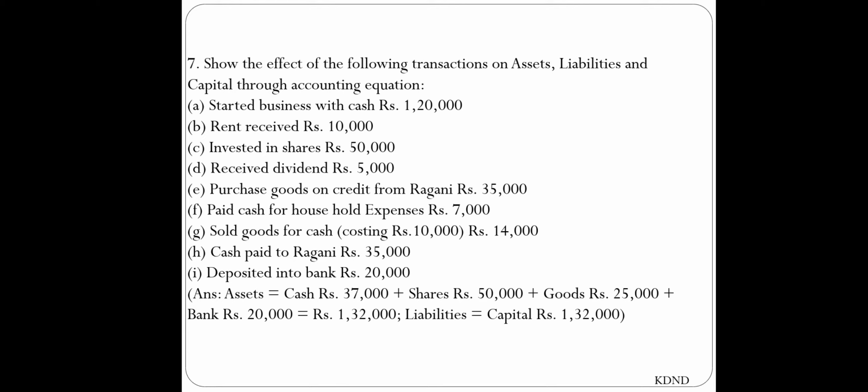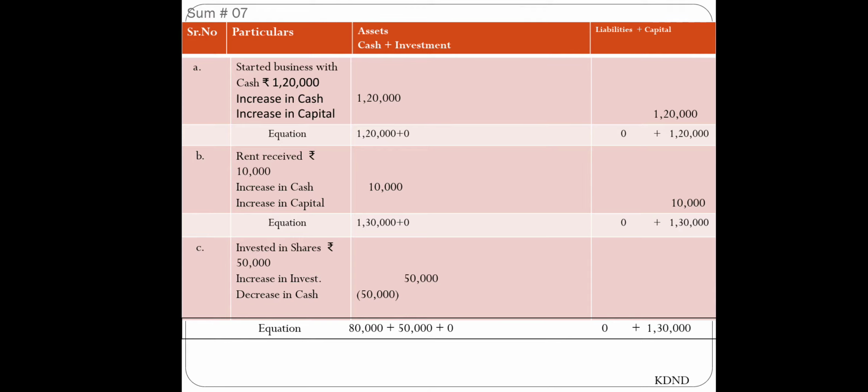And at the same time, dividend is a form of interest, but a dividend is only declared when the company is earning good profit. When the company is earning good profit, then it will declare a dividend and the shareholders will get the money for that. So for shareholders it is a point of income. Just for the sake of it I have explained. Now we are going to understand that in this particular sum.